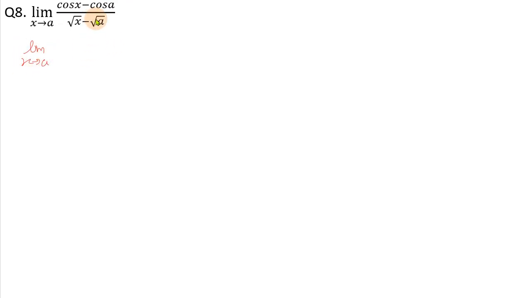Side by side I am going to rationalize this denominator also. So here I write root x plus root a upon, this is a square minus b square, which becomes x minus a, into cos c minus cos d. So I write it as 2 sin x plus a by 2, that is sin c plus d by 2, into sin, since we have x minus a here, I'm going to write x minus a upon 2. Though it is sin d minus c, for c minus d we write a minus sign here.